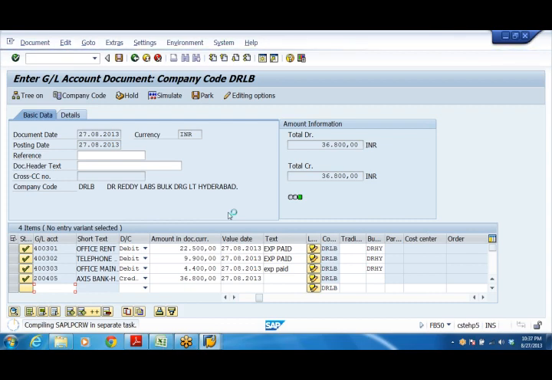It is going to get disconnected. Otherwise it will not take this much time. The short text part, the system will pick it up, the short text of the GL account.